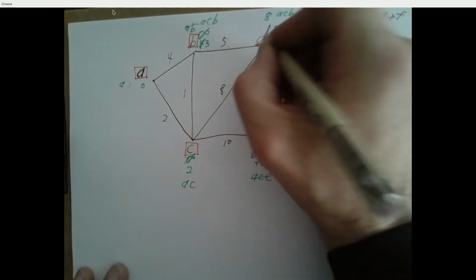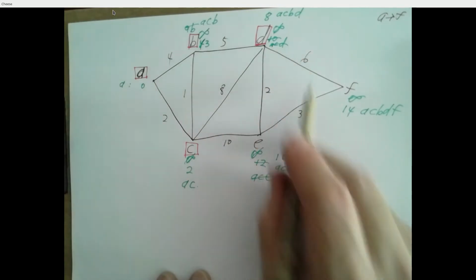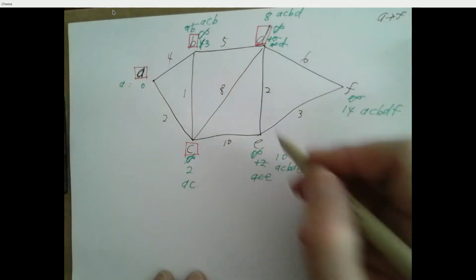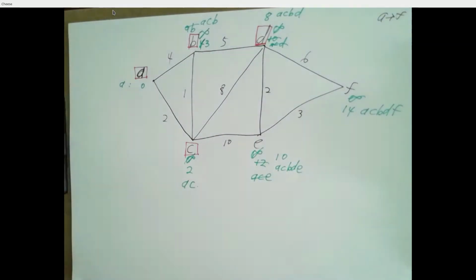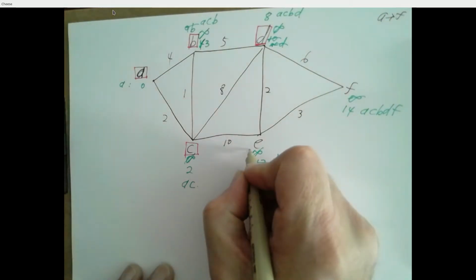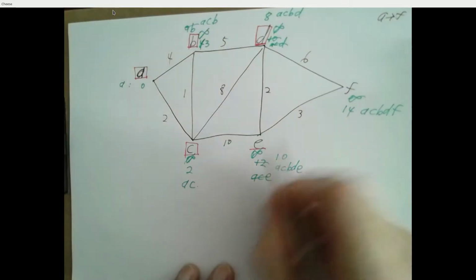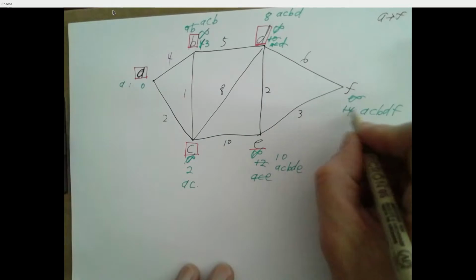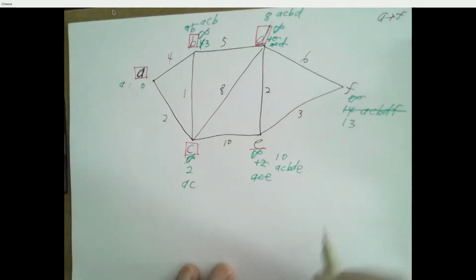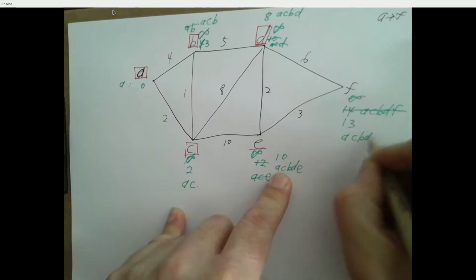And that's all we can relax. So mark D. And now find new tentative distances. So 8, find the closest node. So we got a 10 and a 14, so this is the closest node. So relax from there. And 10 and 3 is 13, that's better. So mark this distance as 13, and the path is the path to E, A, C, B, D, E, followed